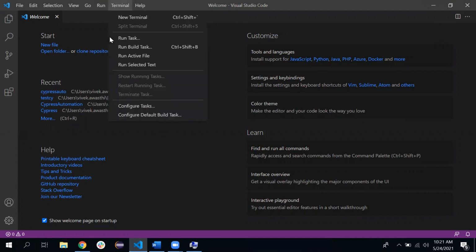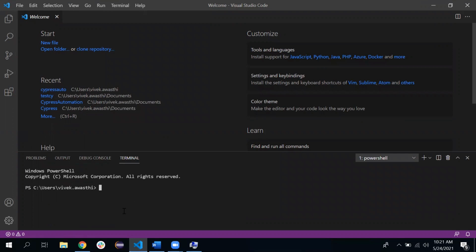If you click on terminal and open a new terminal, it's the same terminal that we use on Windows as the command prompt. The same command prompt is also available inside the Visual Studio terminal, so the same commands we type there, we can type here also. To verify Node, we can type node -v. That is the command used to check the Node version. Click enter. So Node is successfully installed on this machine, and we are able to see the Node version.